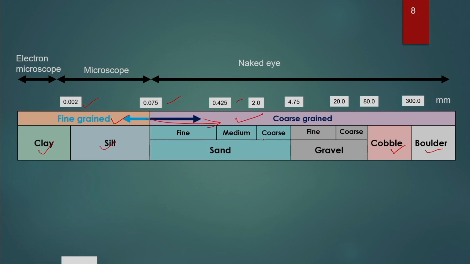Now, if we look into individual solid particles of this soil, for coarse grained soil we can see the individual particles with our naked eyes, we do not need any help. But on the other hand, for fine grained soil, we need the help of a microscope or electron microscope. For individual silt size, we can see all the individual particles using a microscope, but to see individual clay particles we need an electron microscope. These clay particles are very small in size, less than 2 micron, so it needs an electron microscope to see individual clay particles.